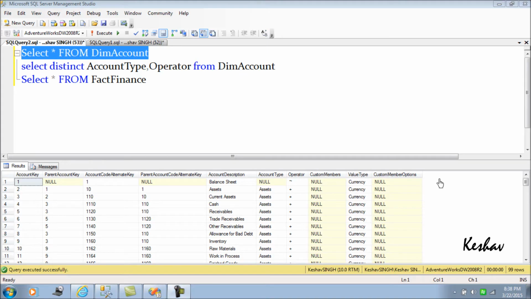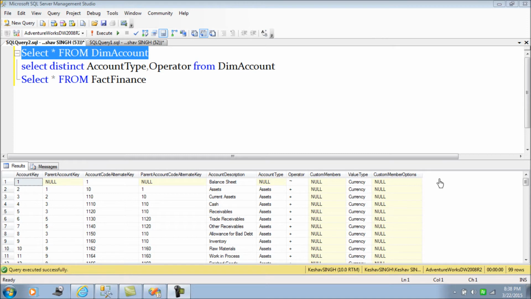Hello friends. So this session is going to be accounting. In this session we are going to see how SSAS implements the accountings and finances and how that is incorporated in a cube. What we are going to see is how the accounts are actually calculated and how they are selectively aggregated. So those are important things.